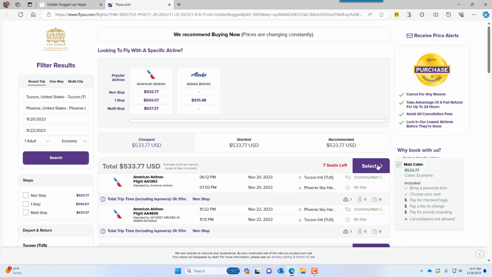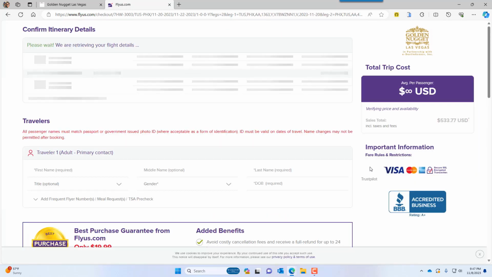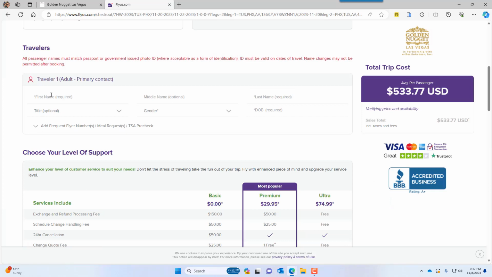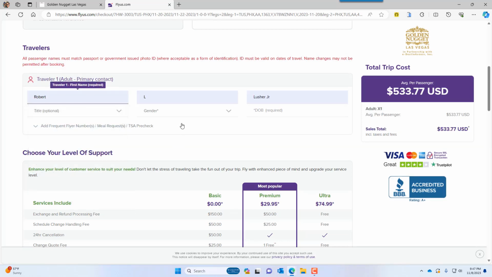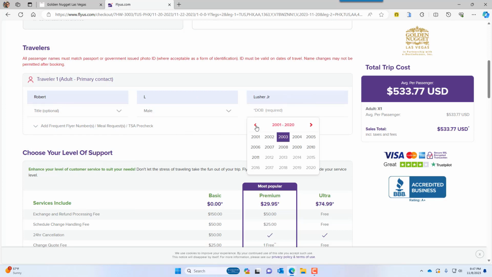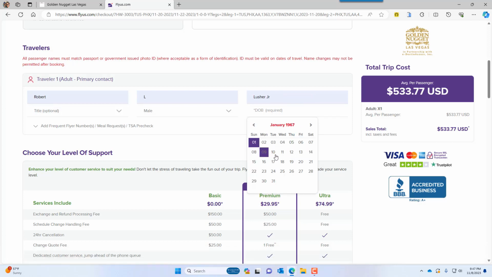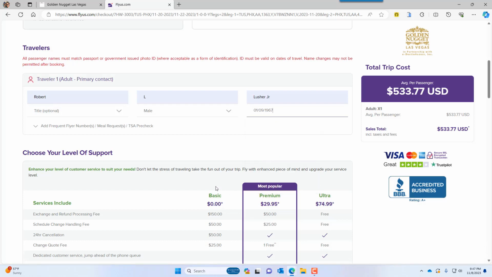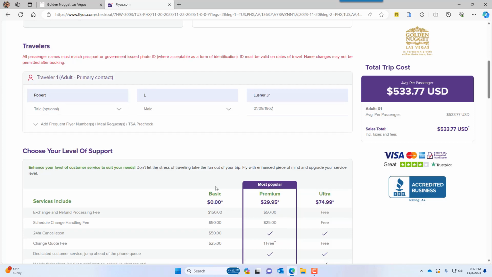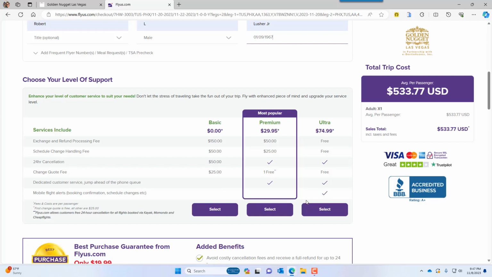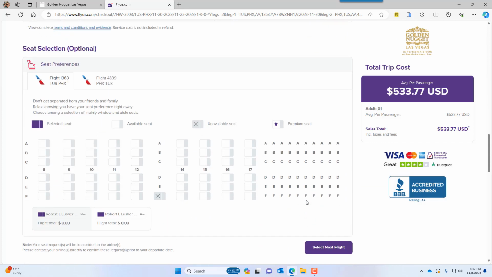Select your flight, enter your passenger information: first name, last name, date of birth is required. Enter your known traveler number, pre-check, whether you'd like a refundable ticket, choose your seat,